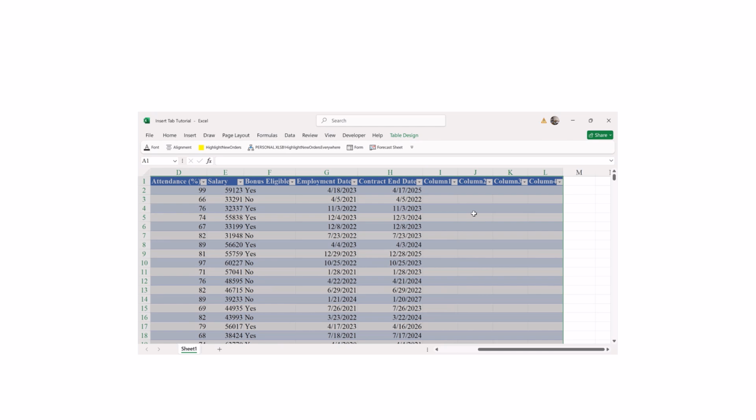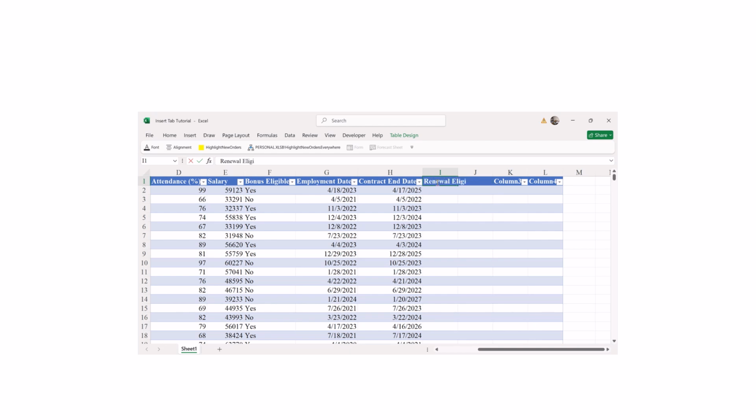The table has been extended beyond the last column where we have data, which is H. And it has again started the counting, column 1, column 2, column 3, column 4. You can come and just do some edits here as usual. You can name it, for instance, the new